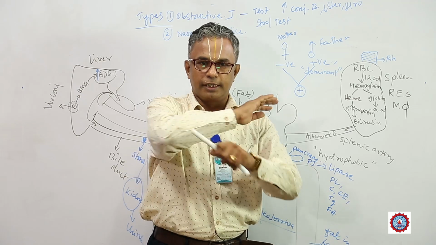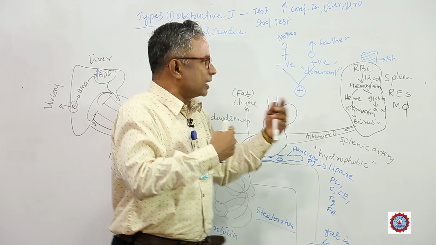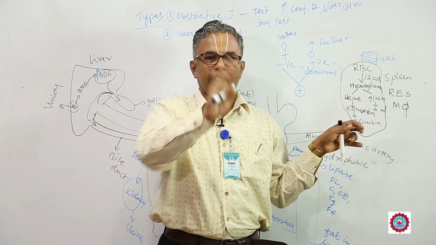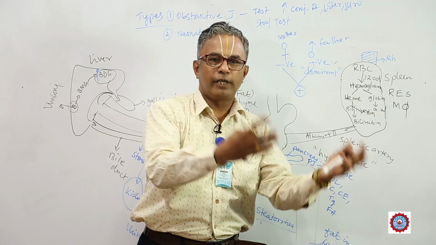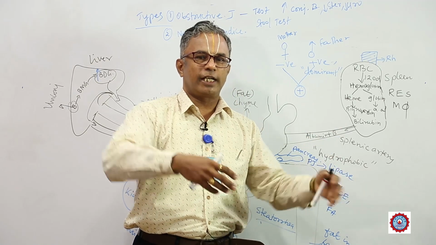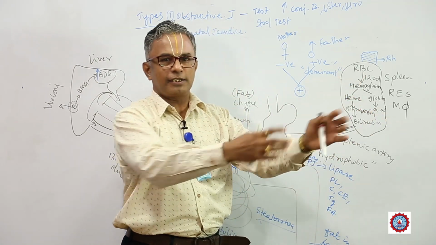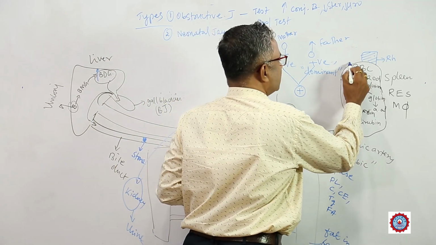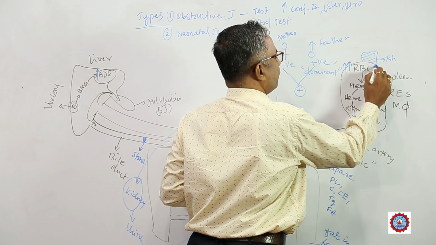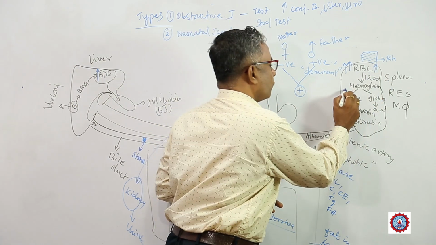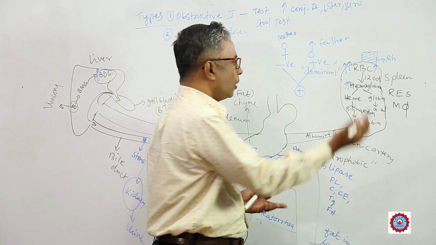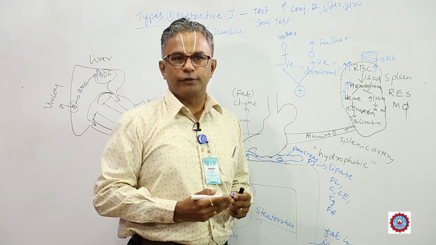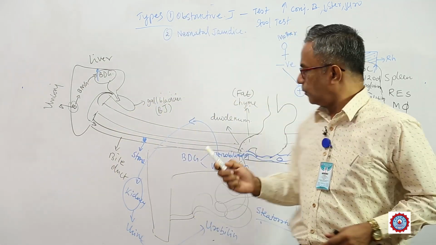It will cause destruction of the RBC. As soon as it is formed, it will be destroyed. That means RBC will not wait for 120 days. In 10 days, 5 days, 20 days, 25 days, 35 days, 45 days, whenever it finds, it will destroy the RBC. That means more and more RBC is destroyed. What will happen? More and more hemoglobin will be produced, more and more heme will be produced, more and more bilirubin will be produced, and more and more bilirubin will be transported to